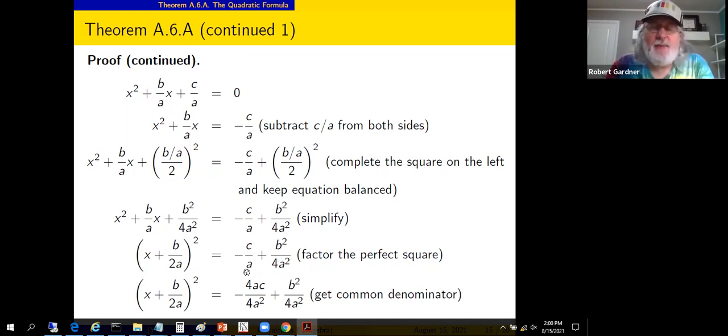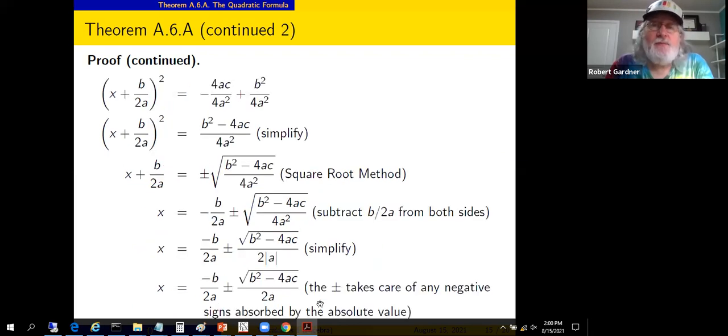Let's get a common denominator on the right-hand side. Denominator here is a, here is 4a squared. So if we multiply this by 4a divided by 4a, that'll give a denominator of 4a squared, and we'll pick up a factor of 4a in the numerator. We've multiplied by the appropriate thing to get a common denominator on the right-hand side. Next slide should reproduce this equation. Yeah, now let's